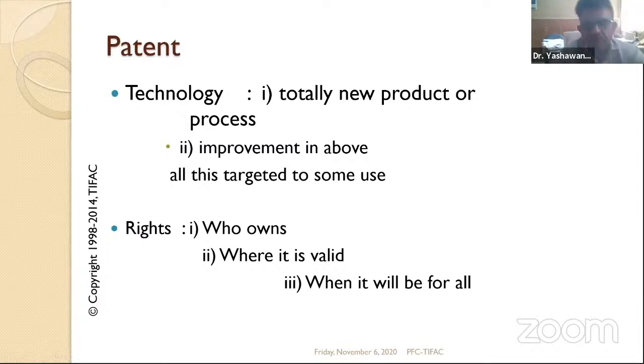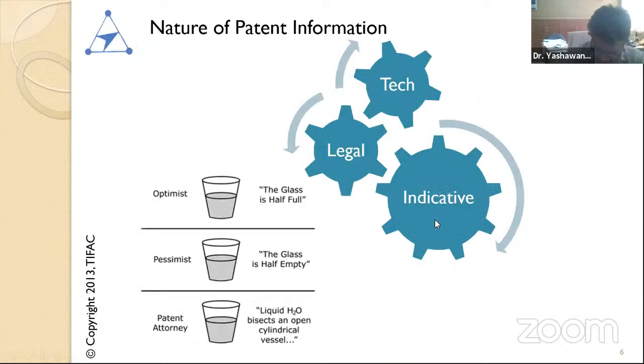Then we will not be answering these questions: who owned the patent, where it is valid. That's not for today. Patent documentation consists of legal terminology and technical terminology, and many a time,